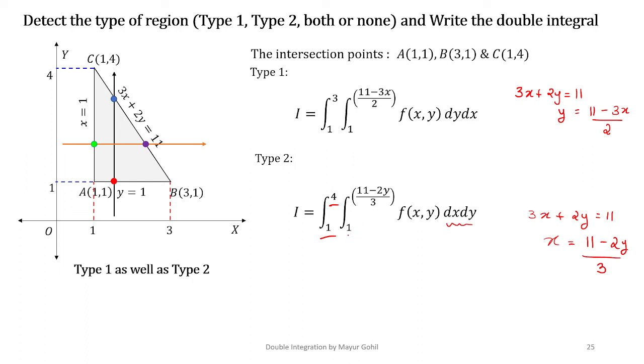See here, in the innermost integral the lower limits are 1 and 1, but the upper limits have changed for both. So there is no guesswork or shortcut technique while writing the double integral. Guesswork and any fluke answer won't work. You have to plot the diagram properly, check the conditions being satisfied, and write down the equation and the limits carefully. Okay, so this is all for today's video lecture.